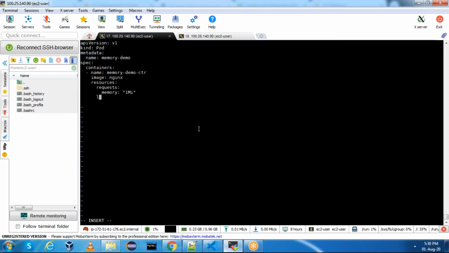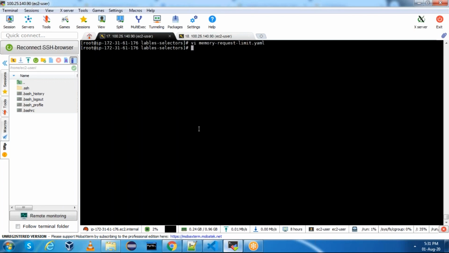In the limits, limits is how much is the maximum. Limits, you can say 2. Now as we mentioned, the memory for this particular container as 1 MB, the nginx pod will not get scheduled because nginx pod by default is using minimum 2 MB. kubectl apply -f memory request yml.